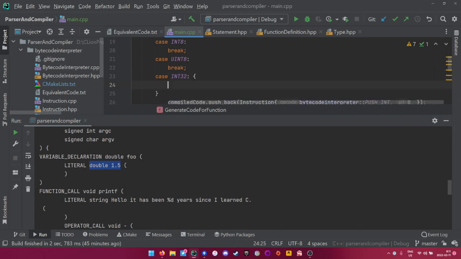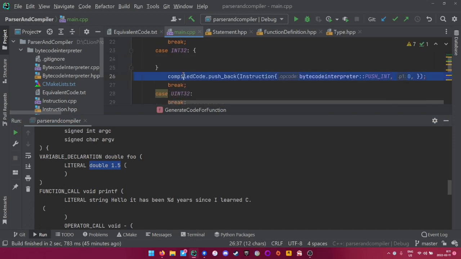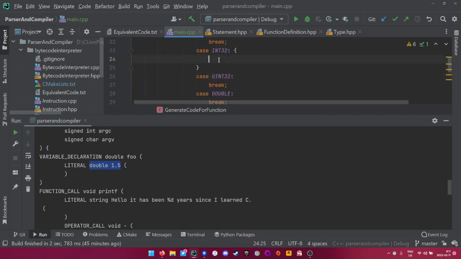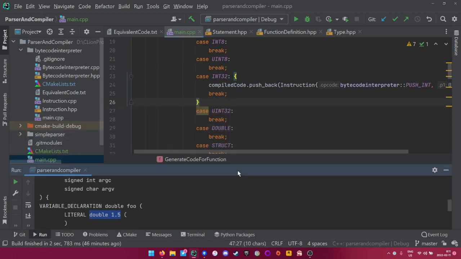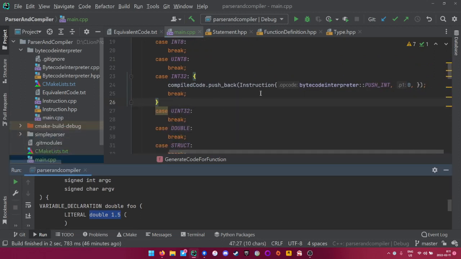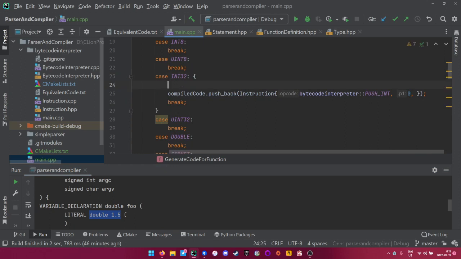So I actually have to remember how I designed this here. But so we still need the value to be pushed for this variable declaration. And that we can do